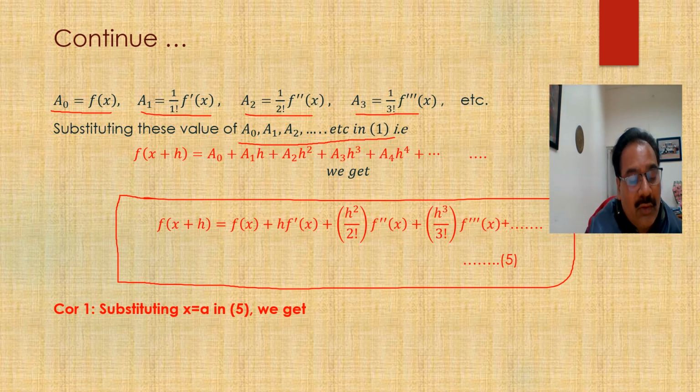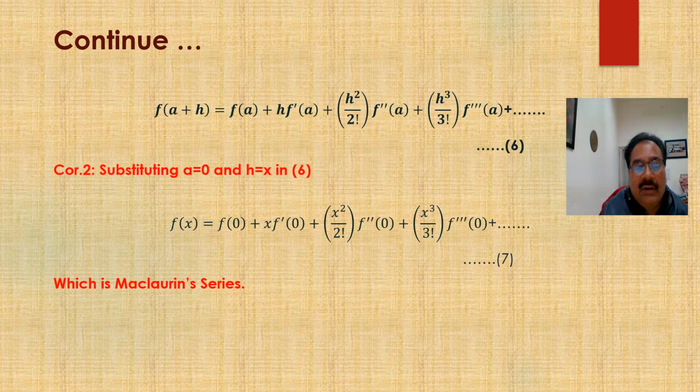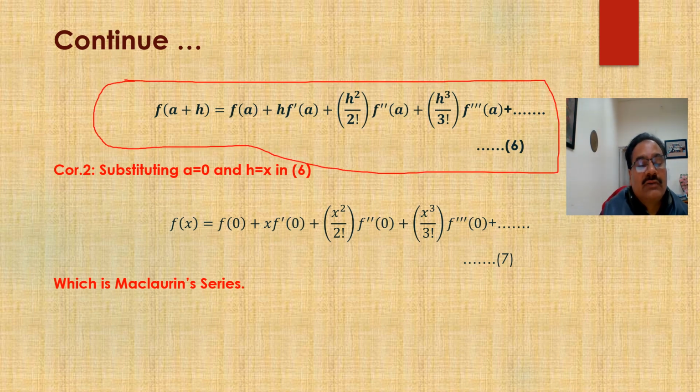Now this is very important in differential calculus, and from this result you can derive several more results. Now look here. This is one of the important results. By putting x is equal to a, any number a, in equation 5, you will get a different series: f of a plus h is equal to this. We will use this also if it is asked at any particular value.